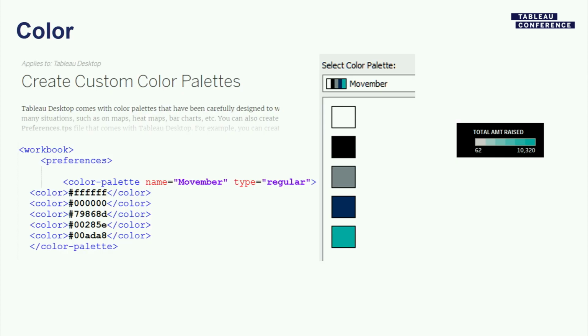The next is color. Many of you might have already heard about certain best practices when it comes to working with color in Tableau. So for example, not using too many discrete colors, or having the color blue or red mean the same thing across different dashboards. What I'm talking about when I talk about color in relation to designing a corporate standard is thinking about how our users are naturally going to identify certain colors against our brand or our organization's look and feel. So at Movember, they do have already custom colors that they use, but I also want you to think about what are people naturally going to associate with the colors you put in your dashboard.